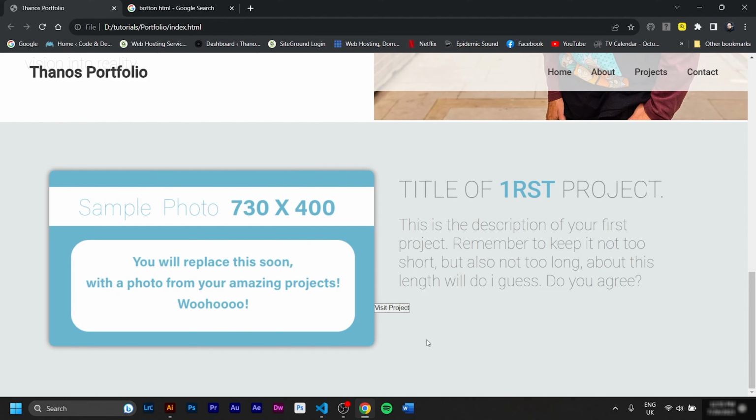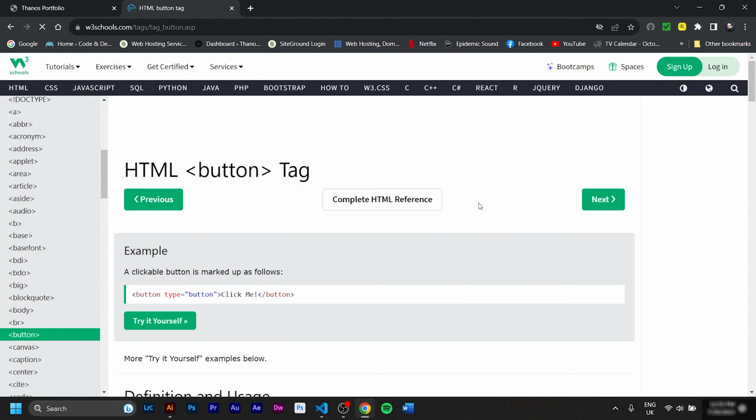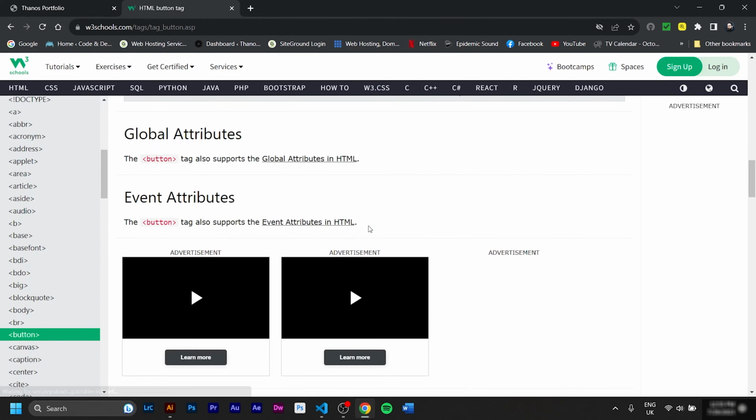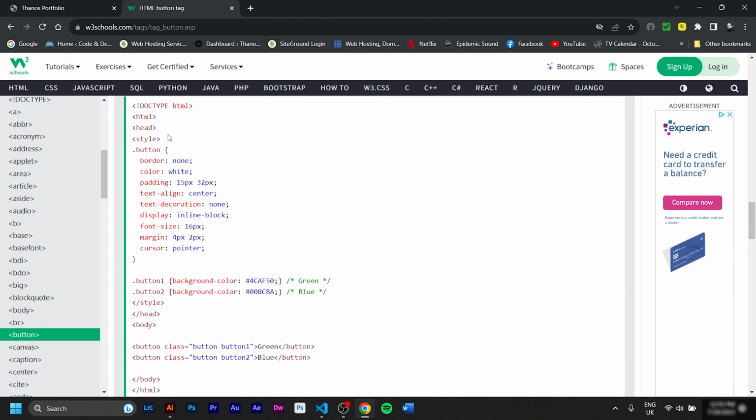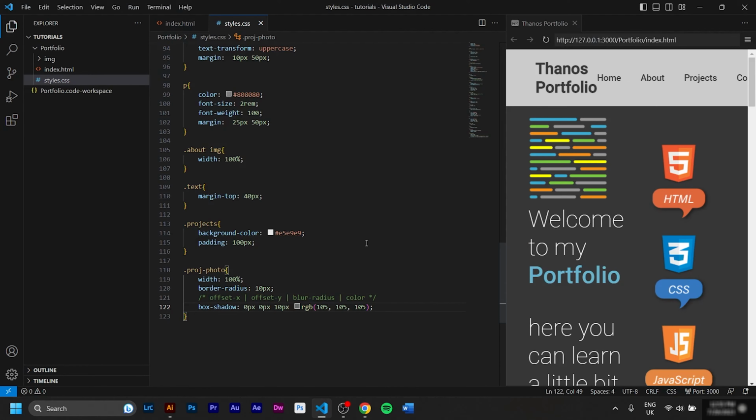One thing I want to fix for sure is when I hover over the button, the cursor to change into a hand so people know that it's a button actually. And the most classic thing you can do is to Google button HTML, go inside, find some example, copy like this style for instance, and paste it in your CSS and start changing things and experimenting with it. However, I will give you all my settings right now.